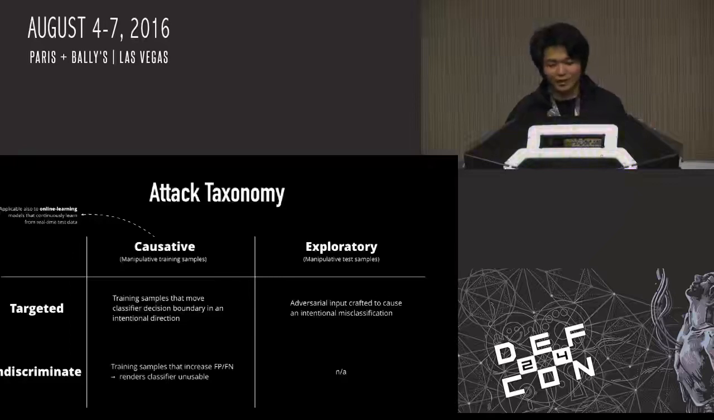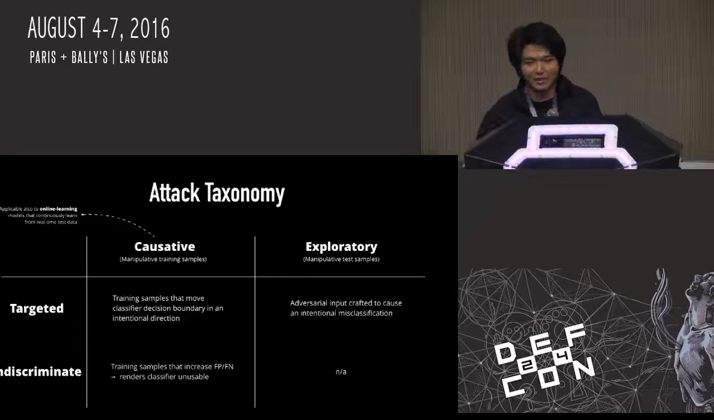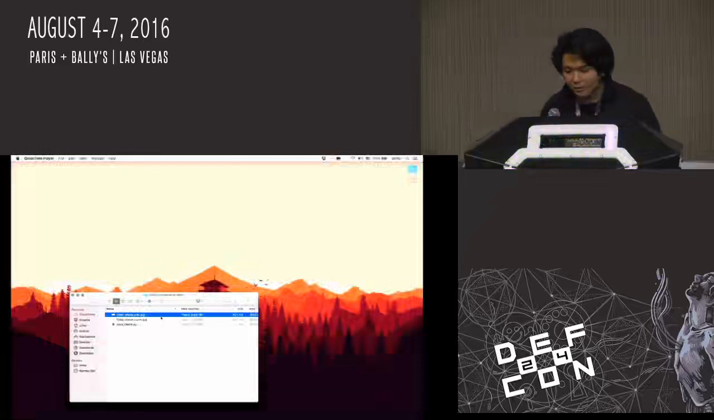There are also targeted and indiscriminate attacks. In a targeted attack, you try to move the decision boundary in a certain way to cause an intentional misclassification, while in an indiscriminate attack you just try to decrease the integrity of these classifiers. So this is a simple example of